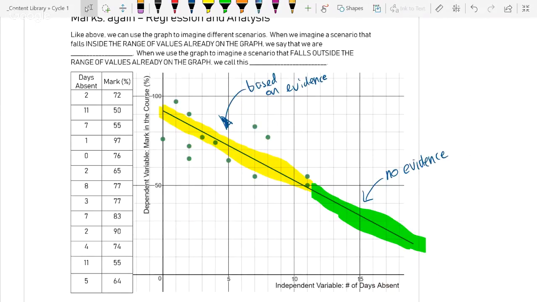Could we assume this line will go on forever? Well, at some point that stops making sense, right? We're going to get to some point where it'd be like, your grade should be negative 30. Are you ever going to get a negative 30? Well, I mean,